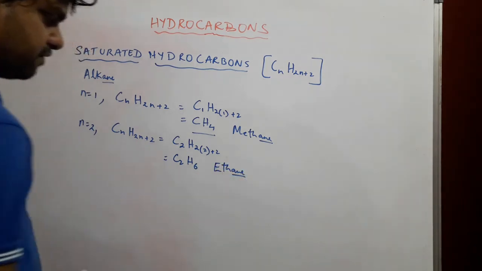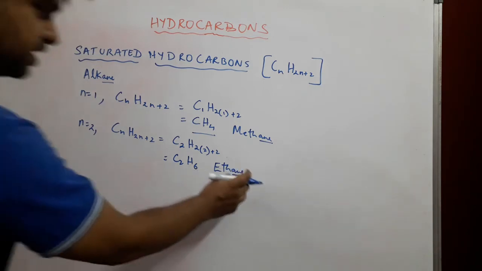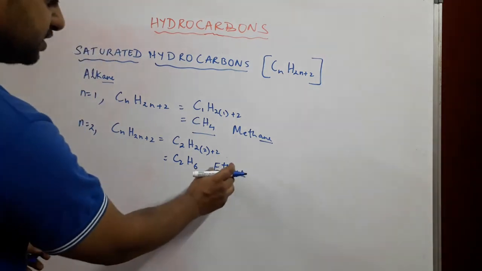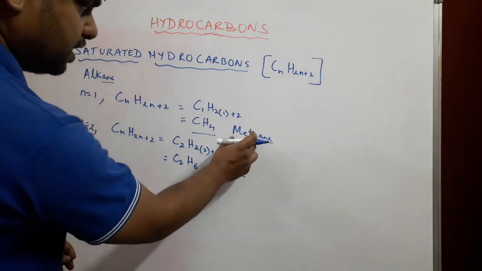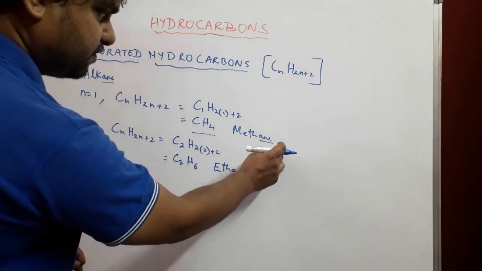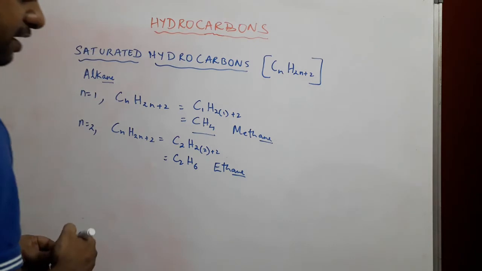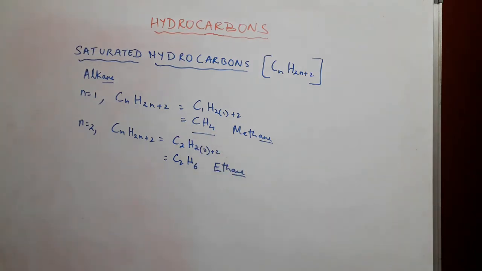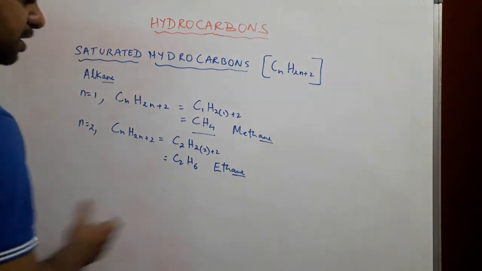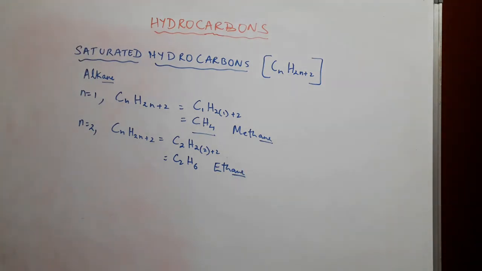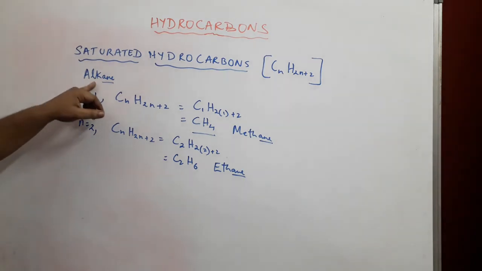Once again, have a look at the suffix. This is known as the suffix, something that is attached to the main word root. To that, you keep attaching something common, which keeps repeating. It's like a tail end which keeps repeating every now and then, and that only symbolizes that it is an alkane.